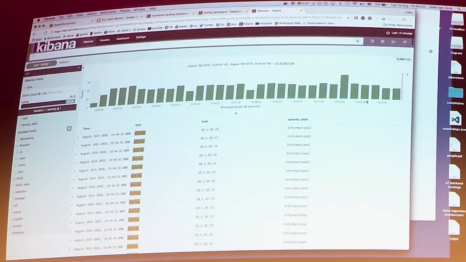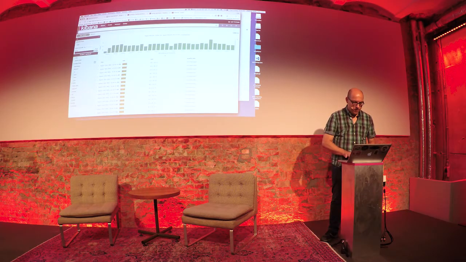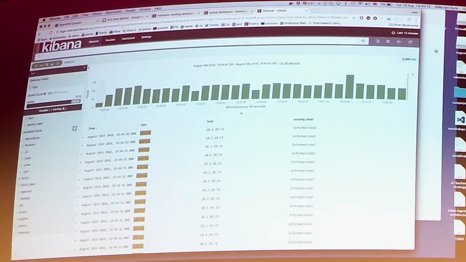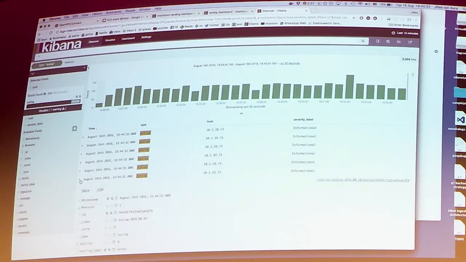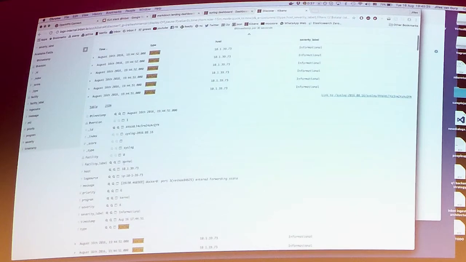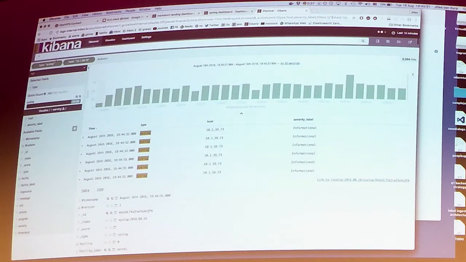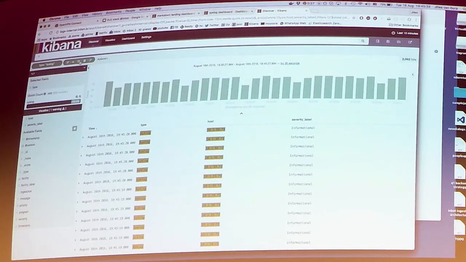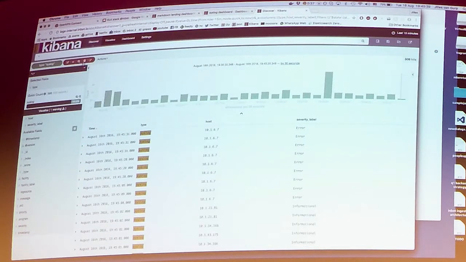You could save this, but I already have one I did earlier, so I'm not going to do that, but that's essentially how search works. All this does is click together a query with a bunch of constraints. You have your list of terms, so you could say, I'm only interested in log entries that have this particular host. Click the plus button. You can also negate these by clicking the minus button, which basically means anything except this host. Click delete here,